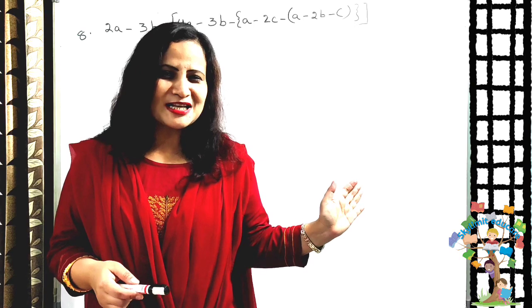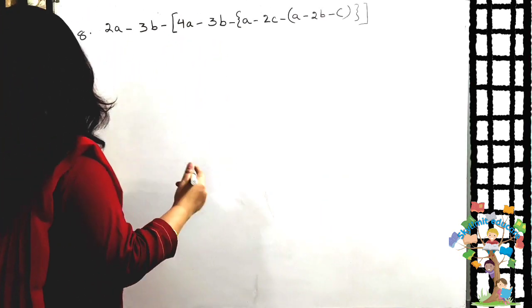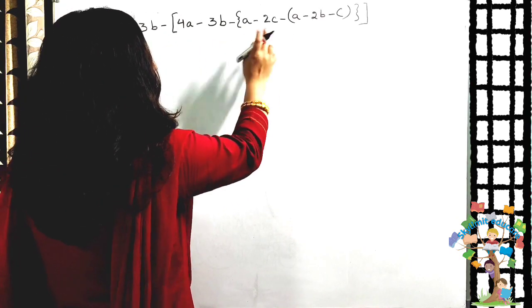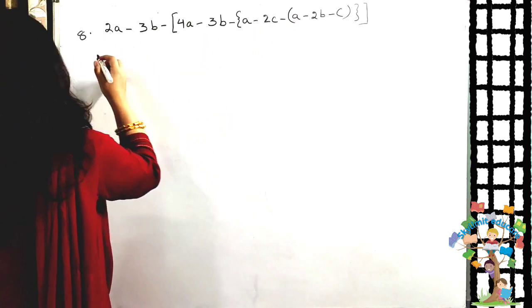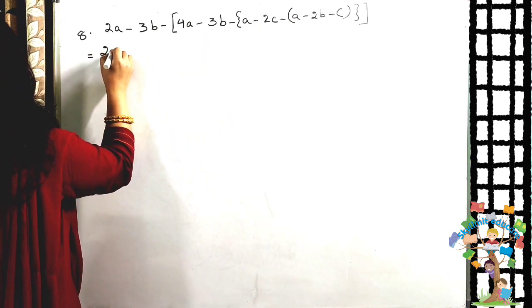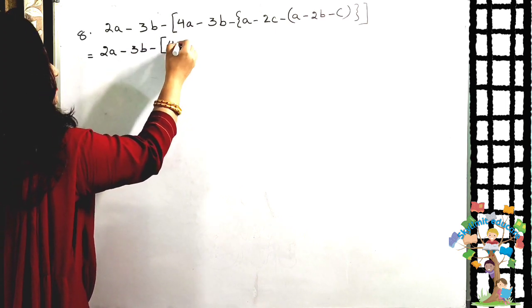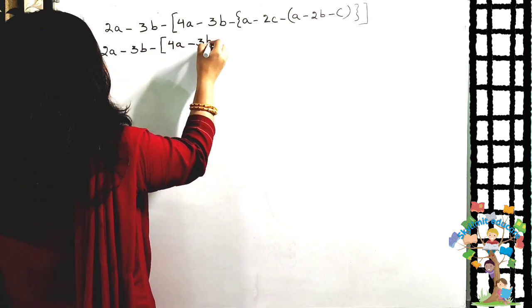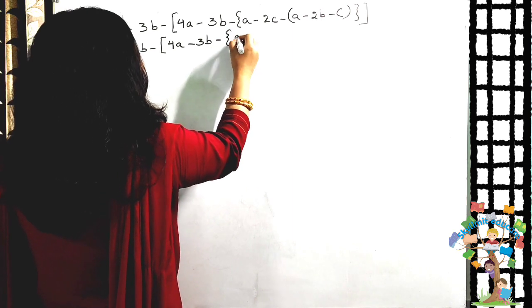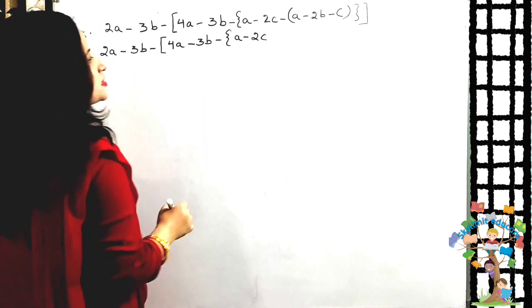Now students, let us come to the last question. So the last question what we are having, see, we have to solve the common bracket first. So let us write down everything as it is without changing anything. Simply copy down. Just focus on your target. What is the target? The common bracket. Yes. So up to this much I copied.